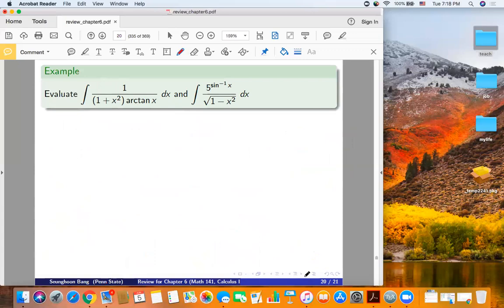Integral of 1 over 1 plus x squared times arctangent of x dx. How can you solve this problem? Do you have any idea for solving this problem? You can use trig sub, is it right? Trig substitution. When you use trig substitution, it is usually for algebraic functions. We have arctangent something, so usually we don't use trig sub. In this case, you have to use